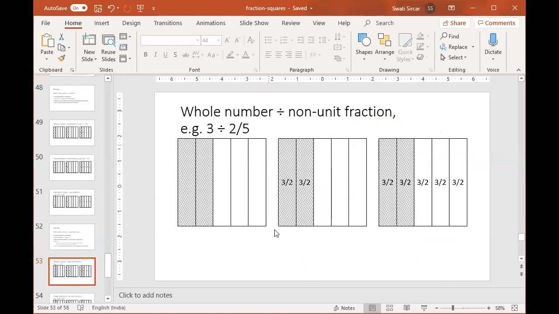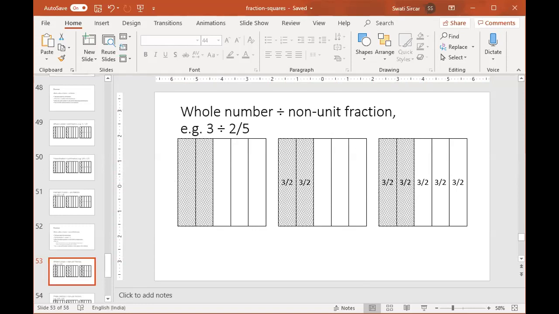So you start with the plate. 2/5 of the plate is shaded. So 3 has to be put equally into this. So naturally it will be 3 by 2 in each. So that's 3 by 2, 3 by 2. And then the whole plate needs to be filled up that way. And that's what has happened. So whatever is there in the whole plate is 3 by 2 times 5, or in other words, 3 times 5 by 2.